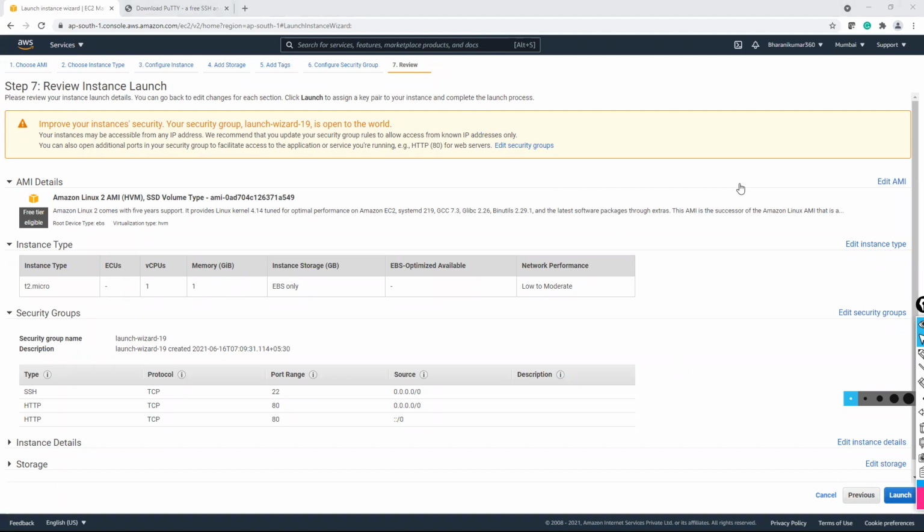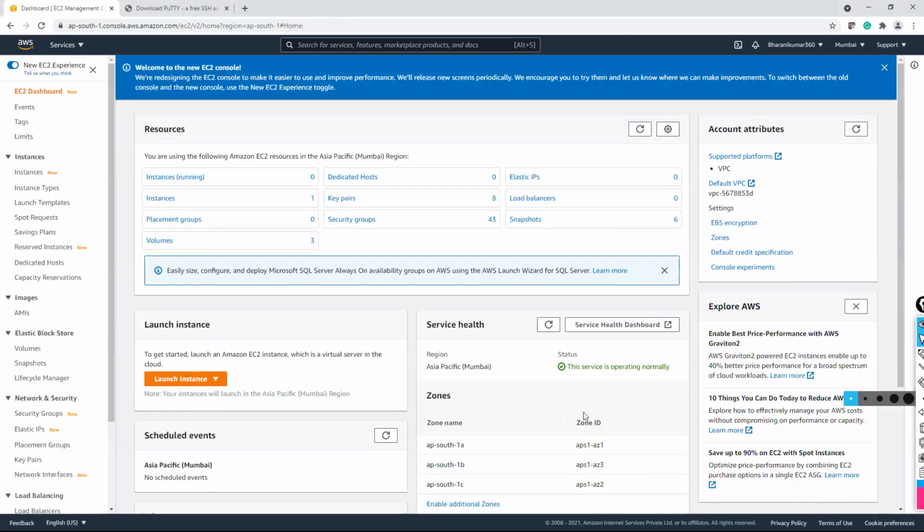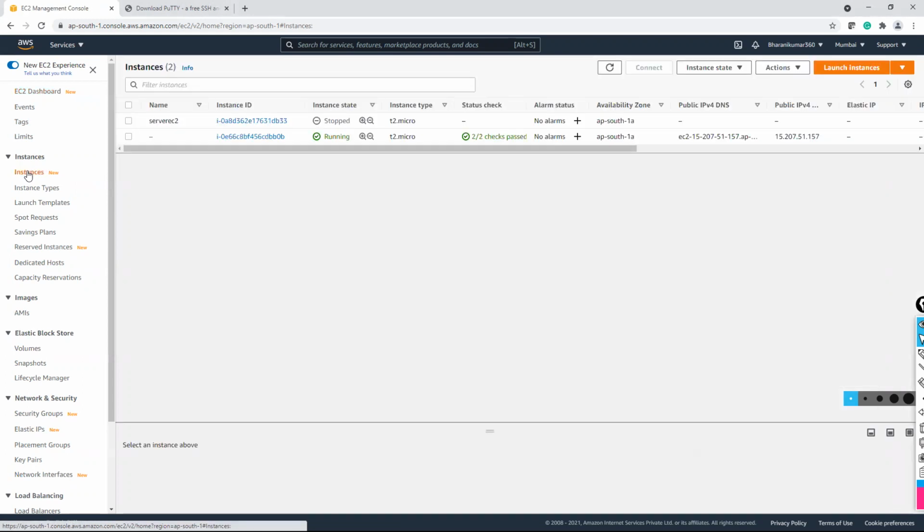Now how to connect with this instance using SSH. And here on the left pane, you have instances. If you go to your instances, this is your console where you can see your instances. Go to the same EC2 console. There, go to Instances. You can see your instances. It's running now.